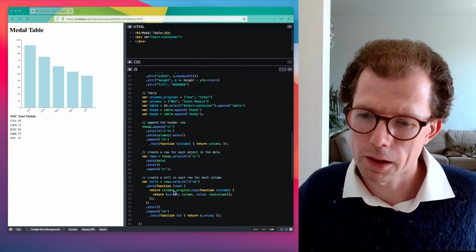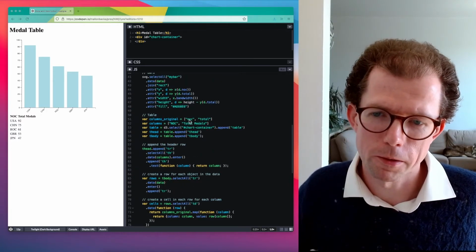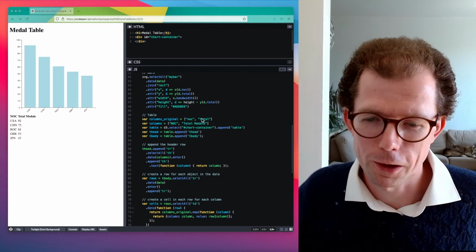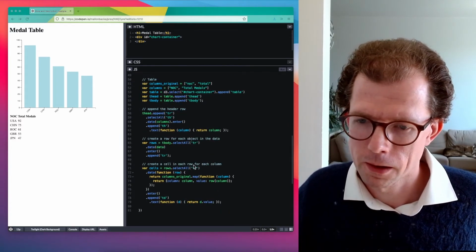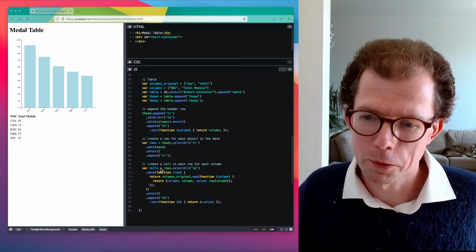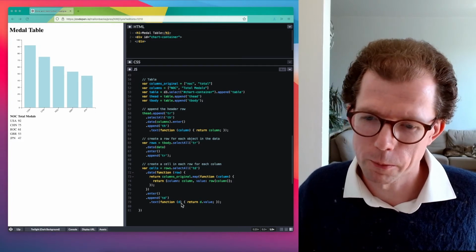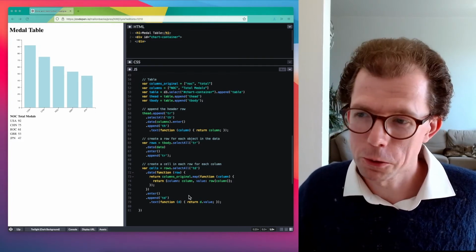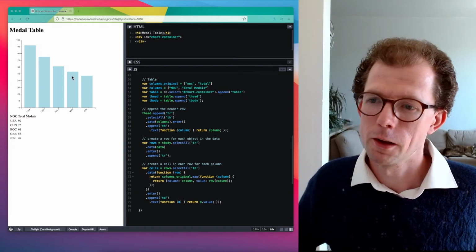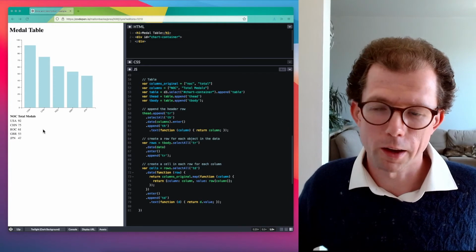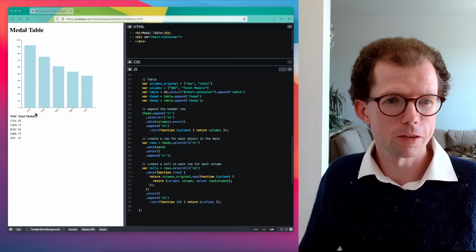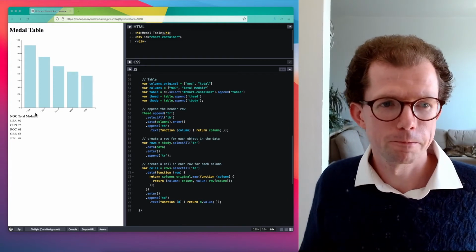And then using the columns original, which contains the names from the CSV file for the columns, we loop through and create cells for each value. So now we do have equivalent information in the graphic and in something text-based. So we've got a good text alternative to the graphic.